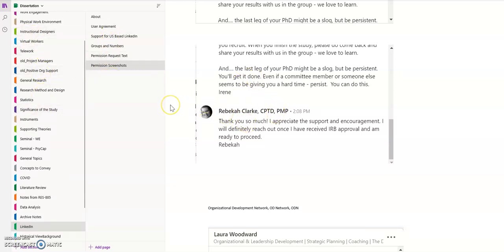You can add links. You can drop in documents. You can cut and paste your notes. You can do all kinds of different